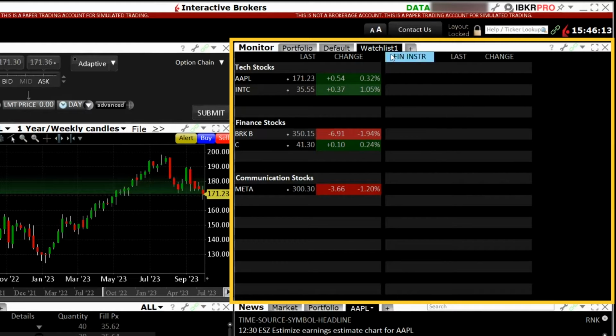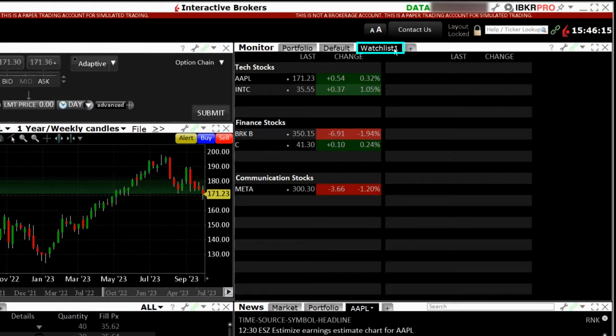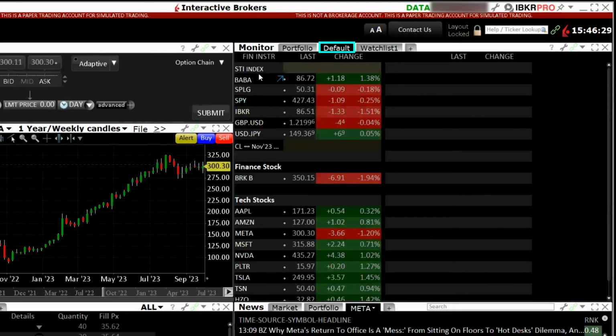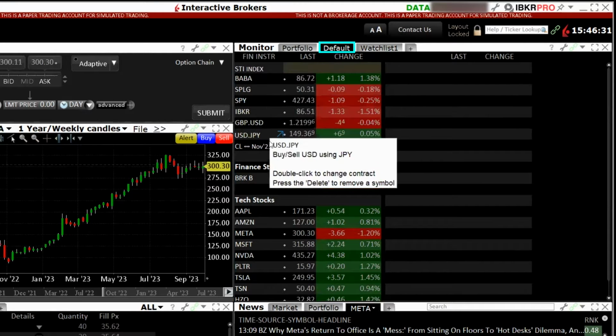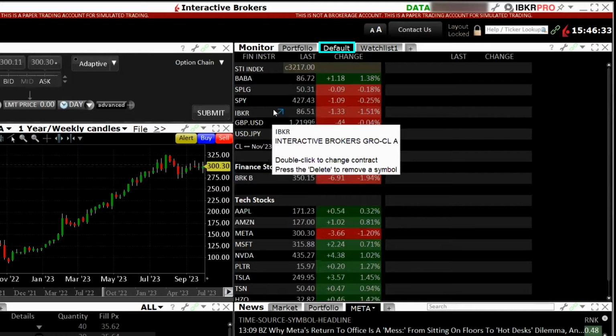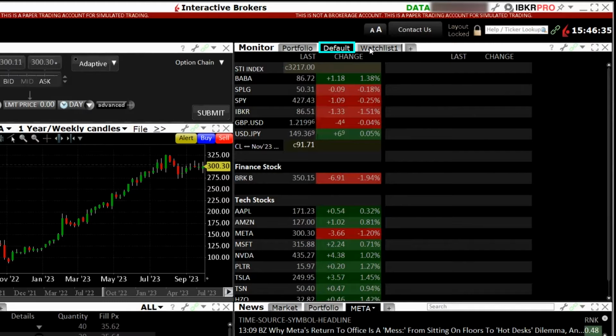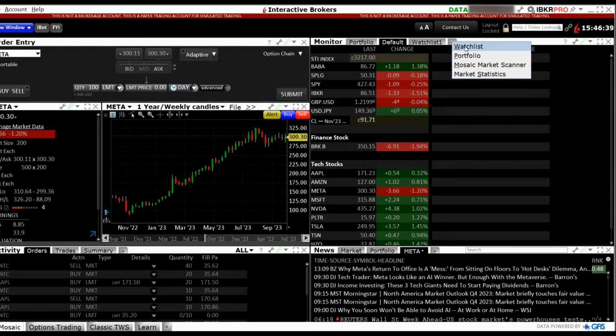Here I've already prepared a watch list 1, where I'll key in some of the stocks that I'm interested in and would like to keep note of, so that they will be under my watch list. When you first launch the Interactive Brokers platform, you'll see that here is the default, which means they already listed out some of the common stocks that are available. But if you don't like the default, you can create your own watch list by clicking on this plus icon and then clicking on watch list